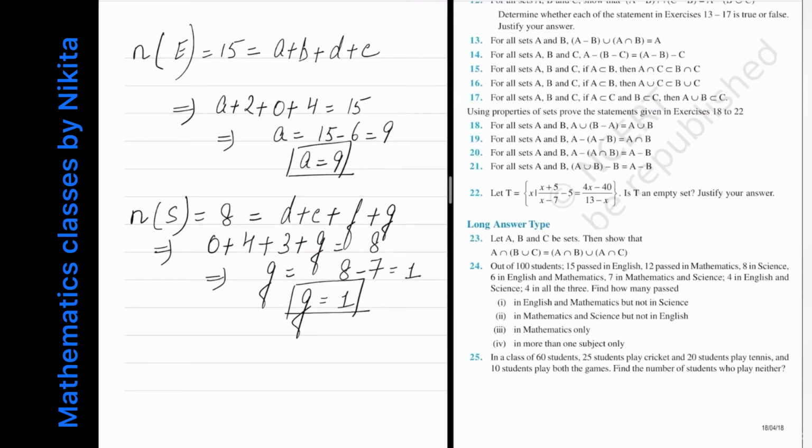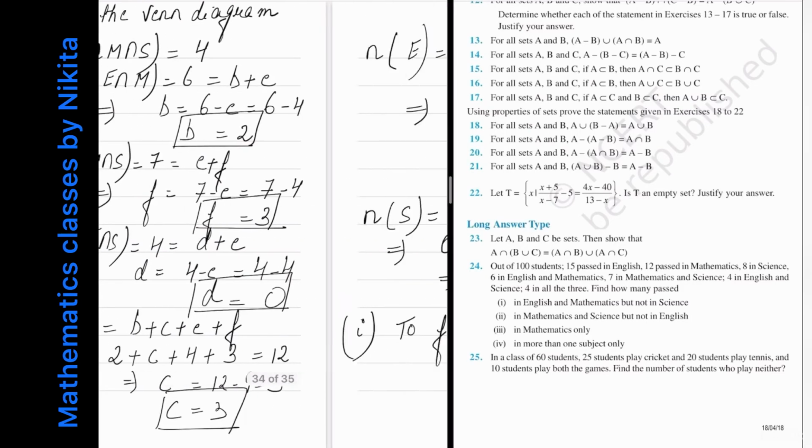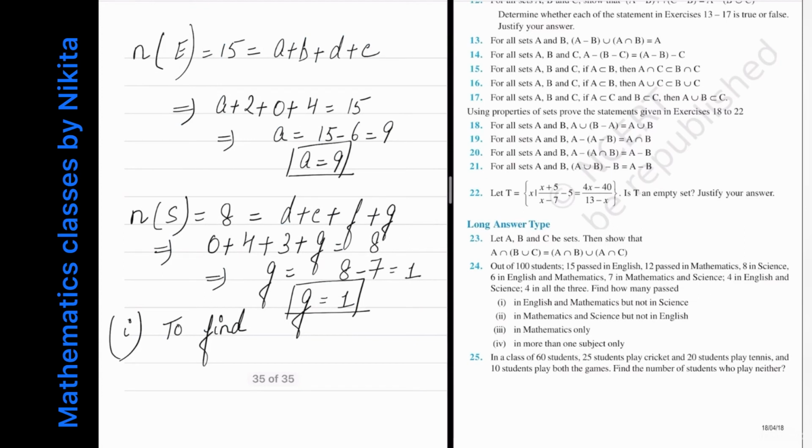Now in the first part you have to find students who passed in English and Maths but not Science. So only English and Maths but not Science. English and Maths but not Science means that you have to find B. You have to find B. So in the first part we have to find B,